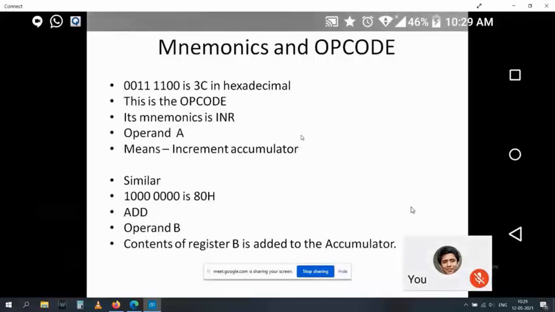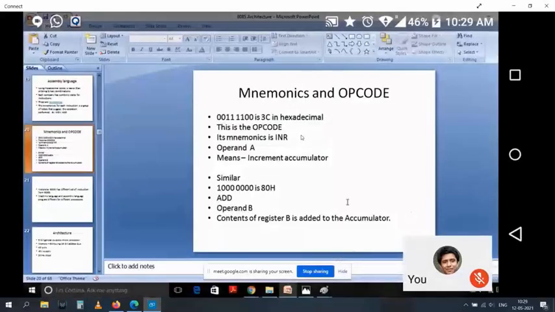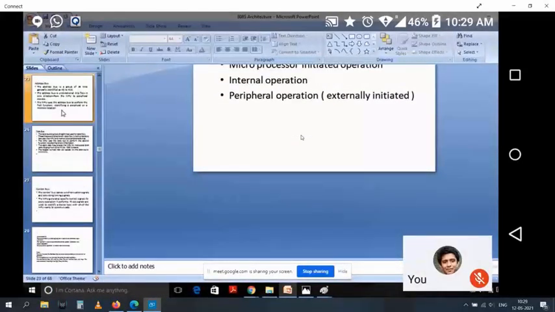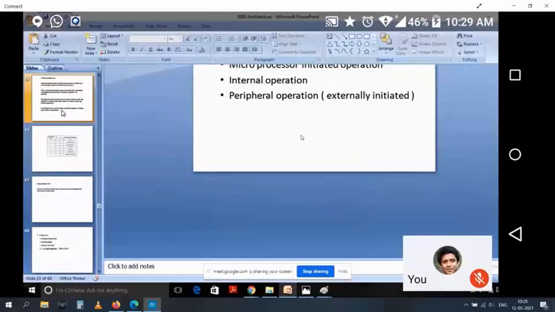We will just go to the types of instruction. There again, I have put some examples for you to write. And in the book also, you will get a lot of these mnemonics and opcodes, everything will be given. Okay. So you will be able to understand. Now then, how are the instructions given? This one.